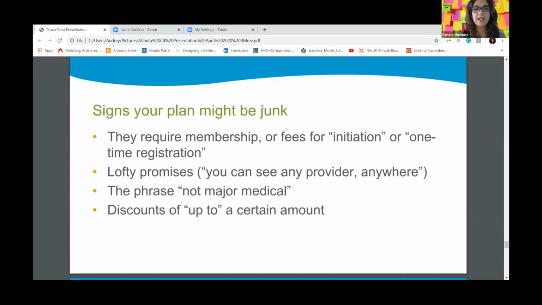So signs that your insurance might not be regulated include initial